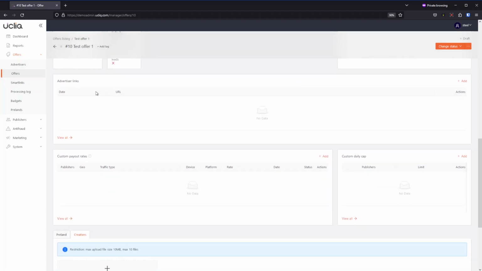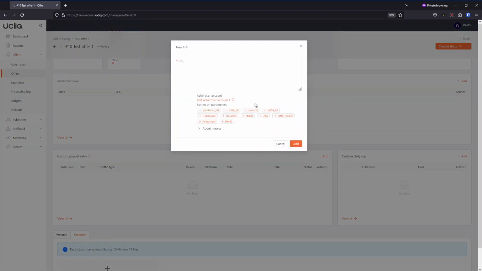The next very important section is the advertiser link. So what is the advertiser link? Basically, this is a link given to you by your advertiser. Usually how it works, you log into the advertiser panel and pick an offer or a smart link, and they give you a URL that you have to put in your offer here in UCLIQ as the advertiser link. You just copy and paste it here. Then what you need to do is